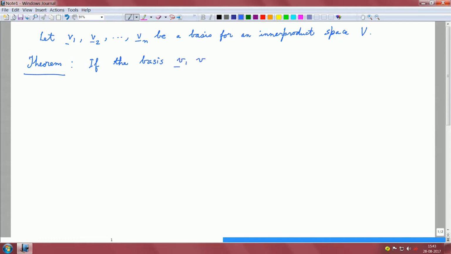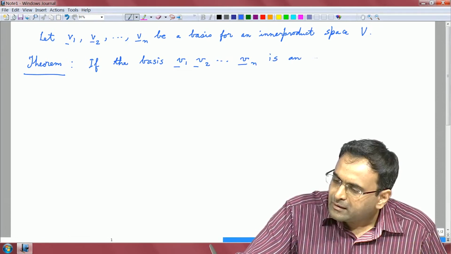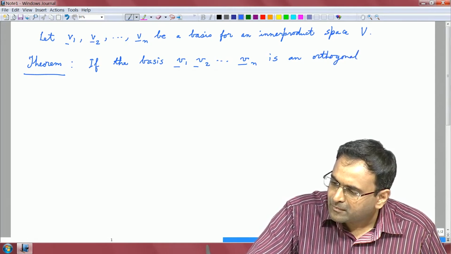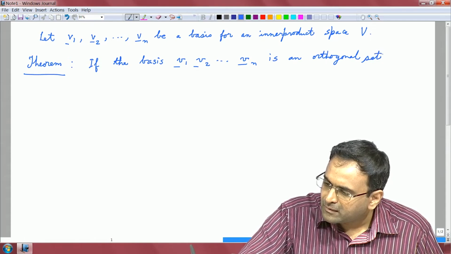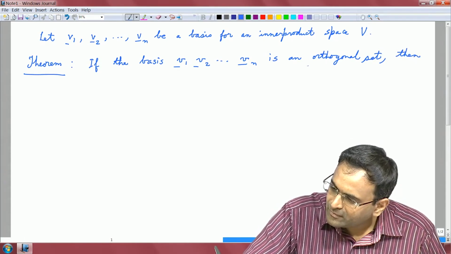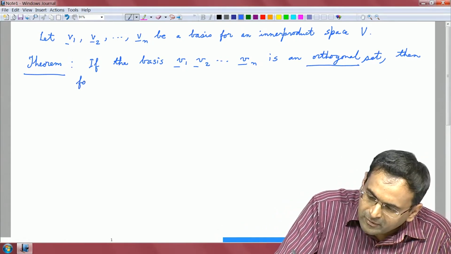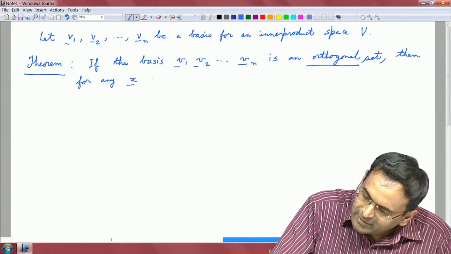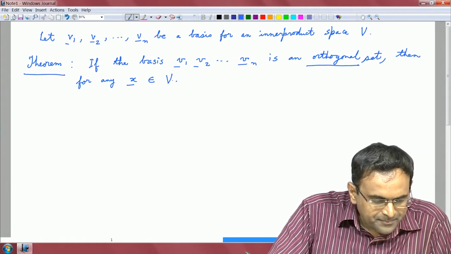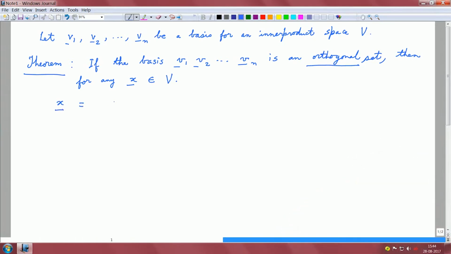If the basis set V1, V2 so on till Vn is orthogonal, then for any x belonging to this space V, you can write this vector x as x with V1, take the inner product, divided by the normalization value for V1